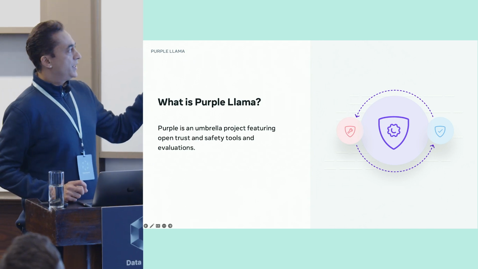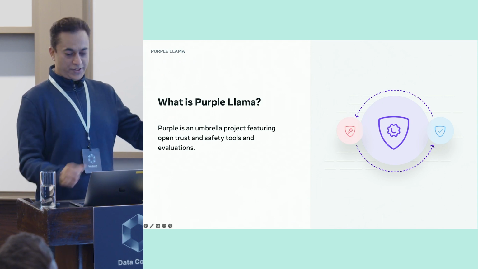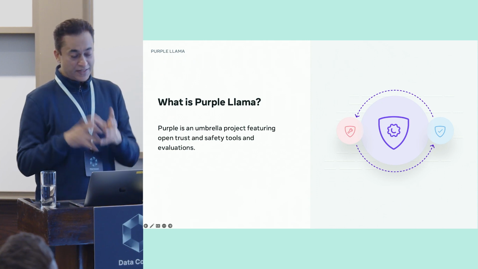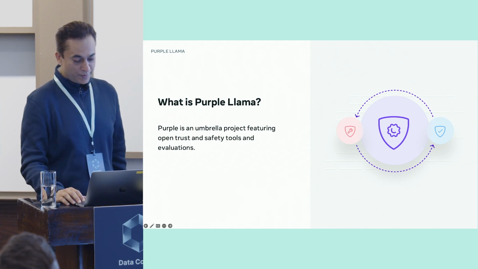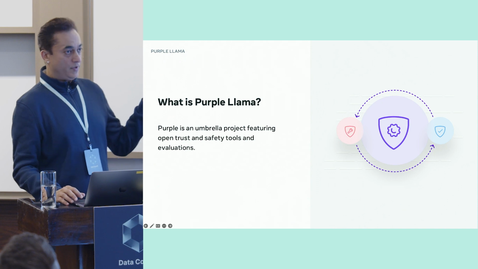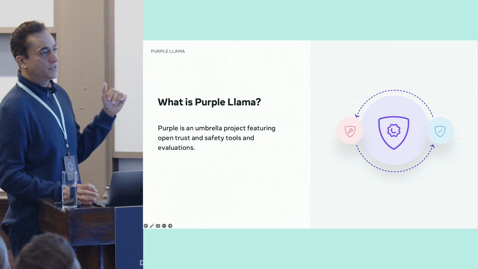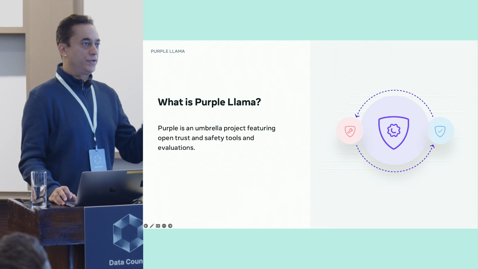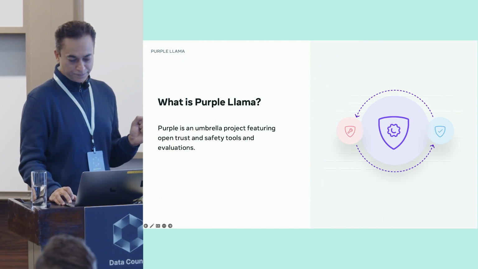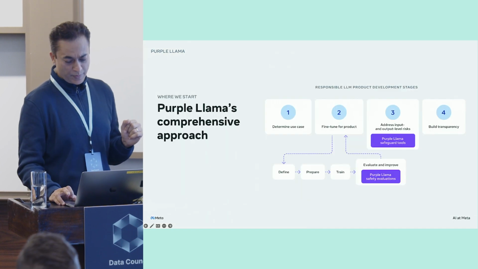And so our inspiration was from the cybersecurity concept of purple teaming. Purple teaming embraces both offensive, which is the red teaming, and defensive, which is the blue teaming. And if you merge red and blue together, it becomes purple. So that's why we named it Purple Llama. Our goal here is to empower developers in deploying responsible AI applications, giving them the safety tools and evaluations so that they don't have to build it from scratch and figure out how to make sure your generative AI applications are safe. And we are not doing this alone. We are partnering with tons of companies, and I'll get to that in a bit.